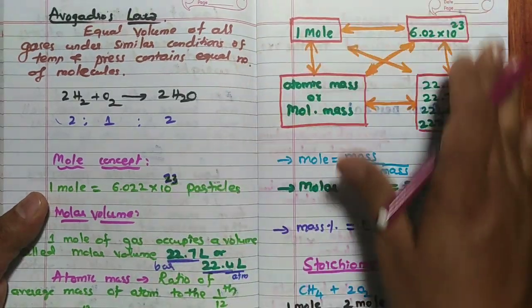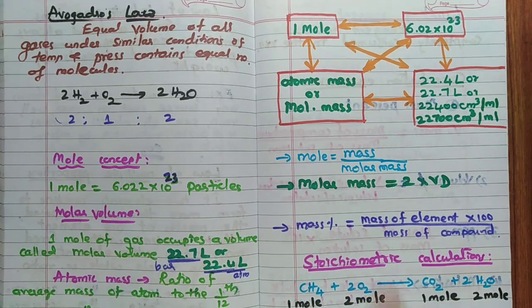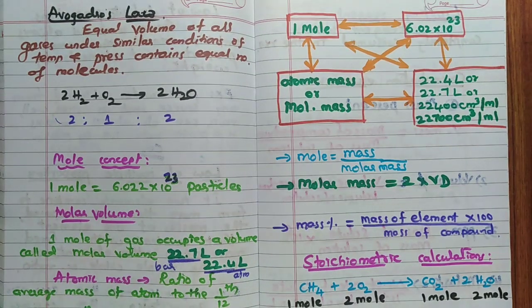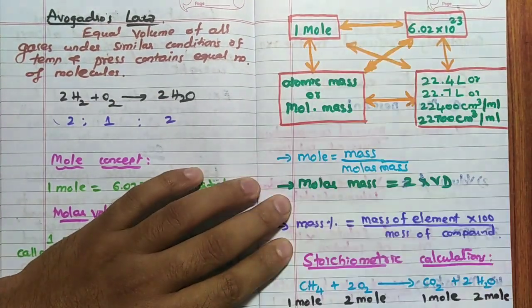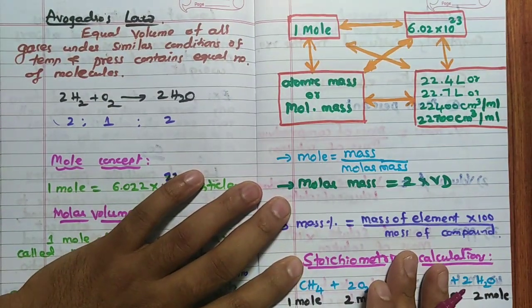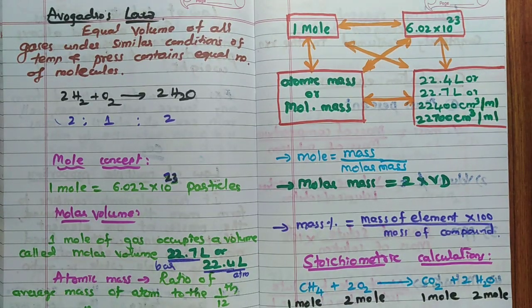So if you perfect this, if you understood this, then your work is done. So 1 mole is 6.02 × 10 to the 23. I will read how you have to understand. See, I will read, listen carefully. Very, very important point. Now, there are 4 units. 1 mole, 6.02 × 10 to the 23.